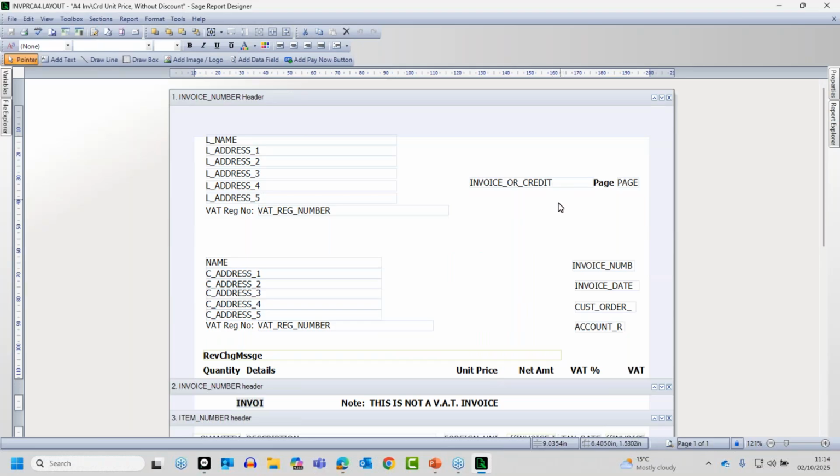So I'll just go back to the top. Right, now when we're in here, we're going to be making amends to this one. So I'm going to add things like a logo, I'll add some text, just so you can see the basic design tools in action. Now, before I do that,